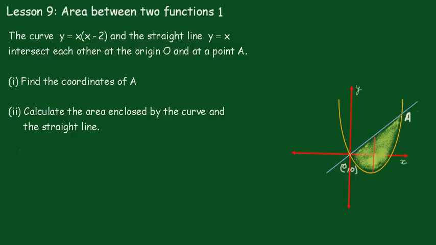Now in part 2, we have to calculate the area enclosed by the curve and the straight line, as indicated by that shaded area. Notice that the curve dips below the x-axis. If that was above the x-axis, we would just work out the area underneath the straight line, then the area underneath the curve, and subtract the two. Because lifting that by a constant won't change the area, we can do it as if we were doing that. So now the area,